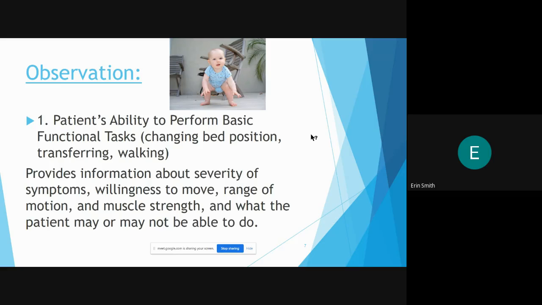Once they stood up, did they seem to have pretty good balance? Did they say anything like, wow, I feel dizzy, or I feel lightheaded? If they're using an assistive device, did they have it on the correct hand according to the diagnosis? Did they use their assistive device correctly? Is the assistive device at the right height? So there is a lot that we can look at from just watching our patients go from the waiting room to the